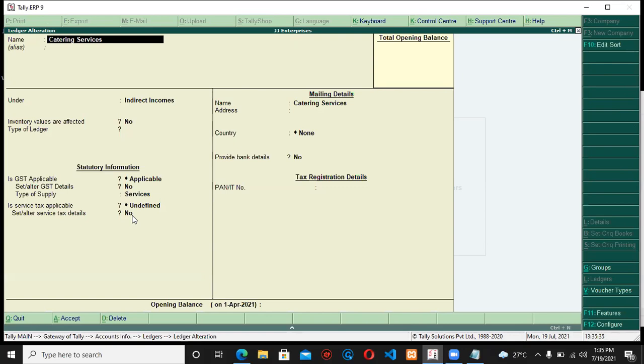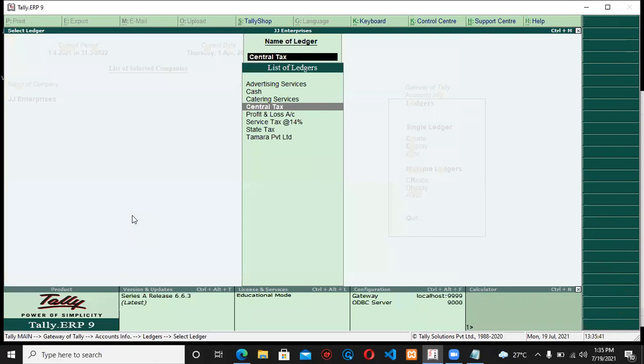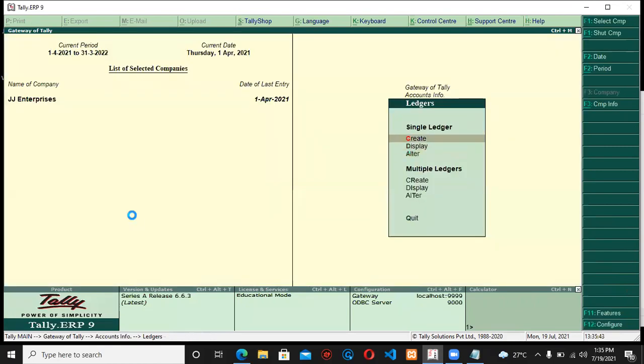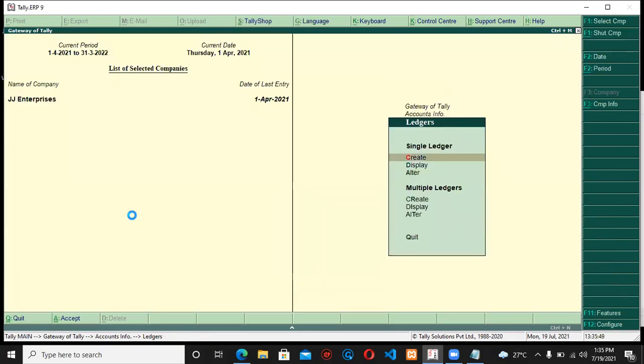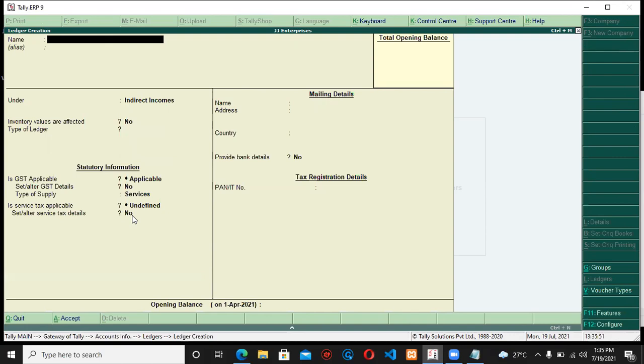Now let us proceed and create one more ledger for sundry debtors. Okay, so let me create one more ledger for sundry debtors. I'll say create ledger. Okay, selected the option create ledger, single mode only, and I'm creating here, let's say, T Industry Private Limited.